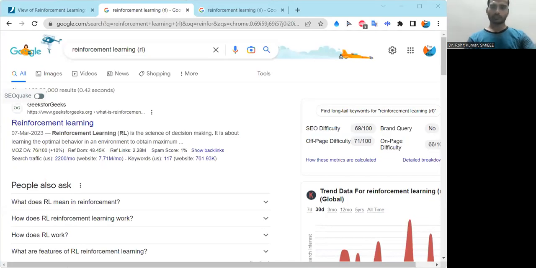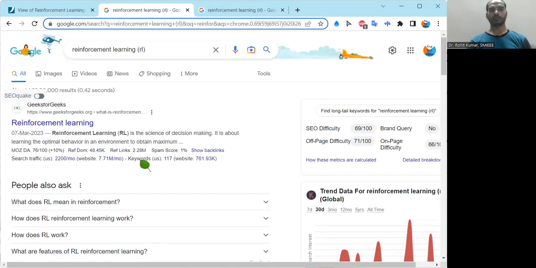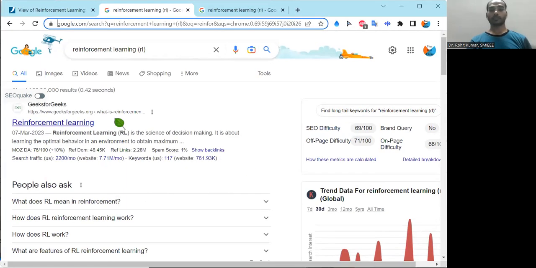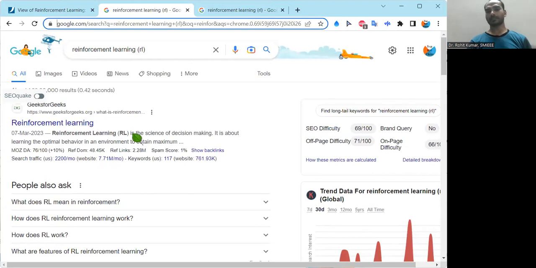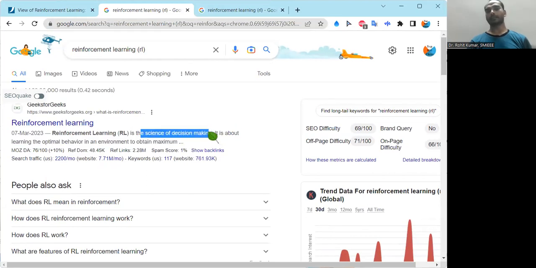You must have come across this particular term, reinforcement learning, definitely, because it is so popular that it's almost impossible to escape from it. Now, when we say reinforcement learning, what does it mean? It means the science of decision making, and ultimately you are trying to achieve optimality in this decision